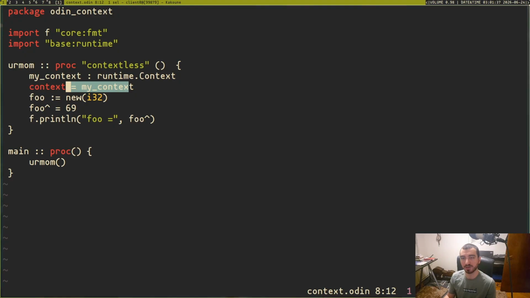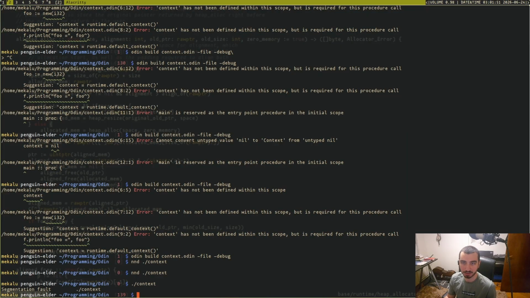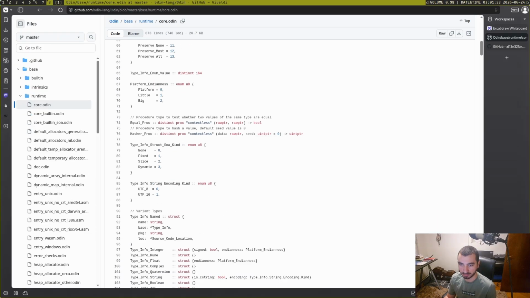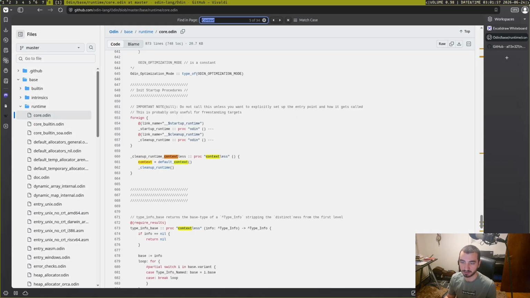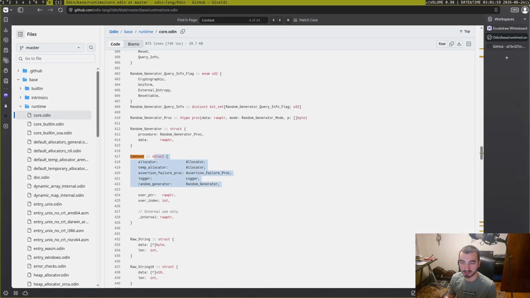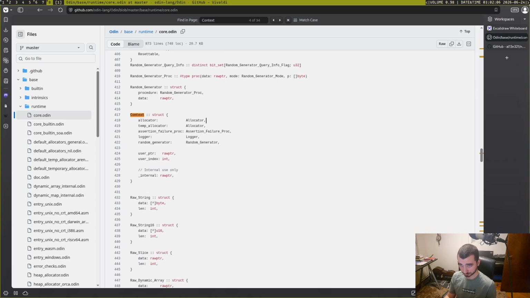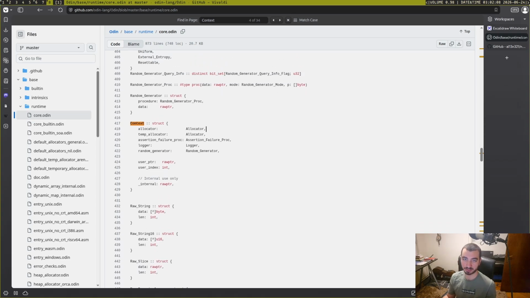But it is calling a function implicitly. It's kind of bizarre that this thing calls a function just to set a variable, because this context thing is a normal Odin struct, so I don't know why it needs to call a function for that and do some other things. Anyway,